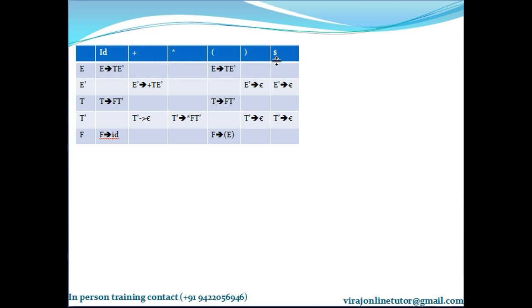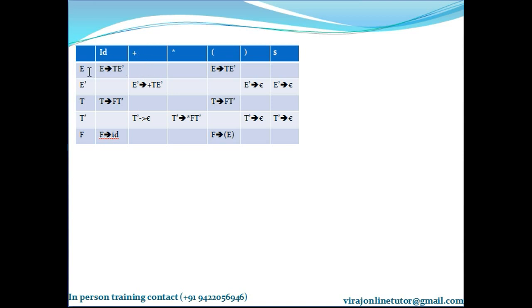This is the format of the parsing table, in which we note down all the non-terminals here and the terminals here. Whenever I say we refer to stack comma input in the parsing, it's actually this. Suppose capital E is on top of the stack and id is the next input character, then the parser will come here and read E comma id. Suppose E is on top of the stack and plus is the next input character, it will read E comma plus, which is nothing here.